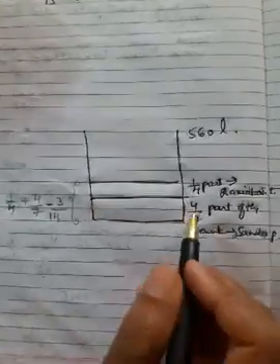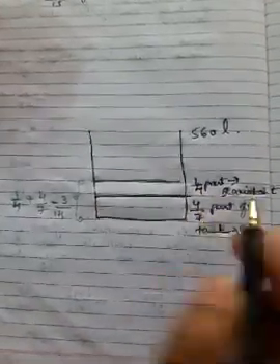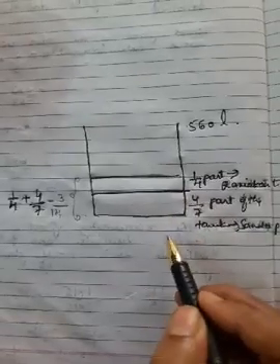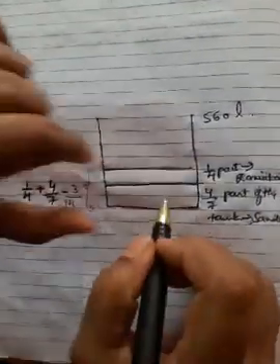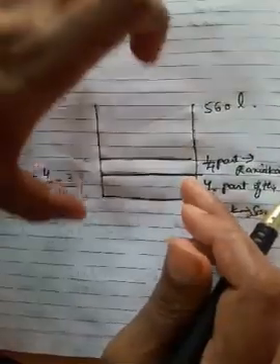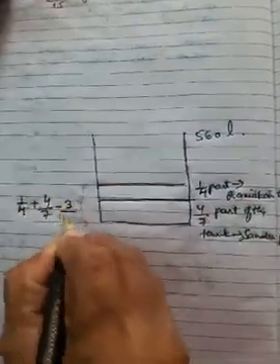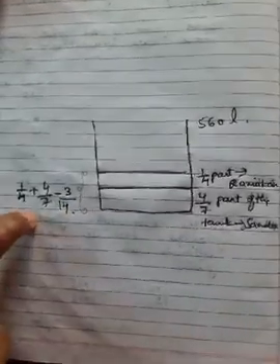So first, for that, what should we do? We should add these two fractions first: 1 upon 4 plus 4 upon 7. So we come to know how much water is filled in the tank. Then the third person, Umesh, used 3 upon 14 part of the tank to water the garden. So he removed some water from the tank. That means we should subtract that 3 upon 14 from this.